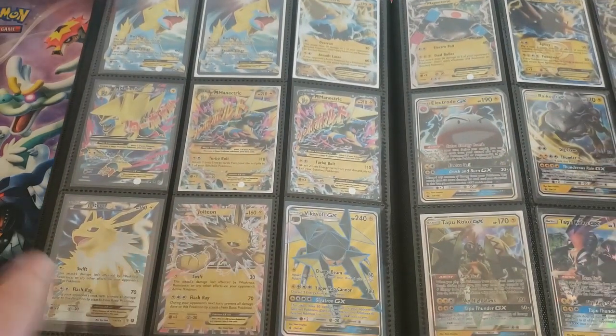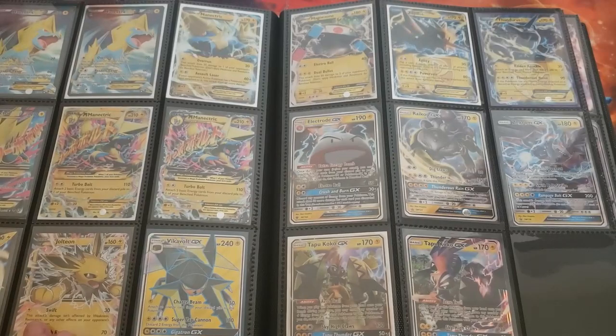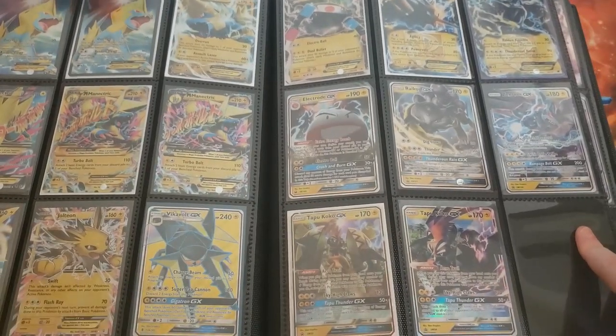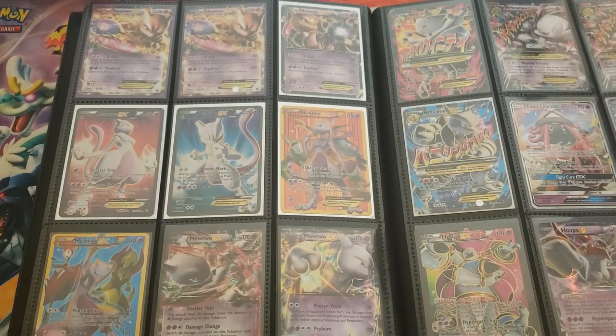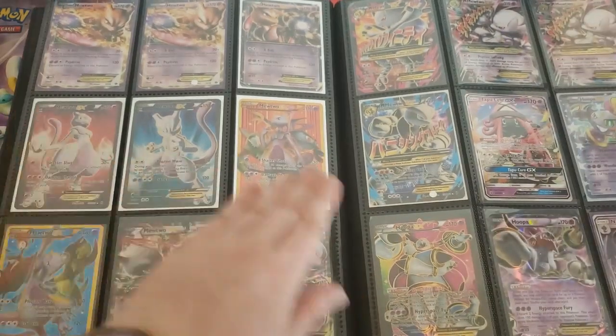Manectric is just, I don't know, I just really like it. I got the Jolteon cards that were pretty expensive and competitive. Here it goes into the Psychic, so you can see this is all Mewtwo's. There have been a lot of Mewtwo's, especially during the Breakpoint era, where you can see they just